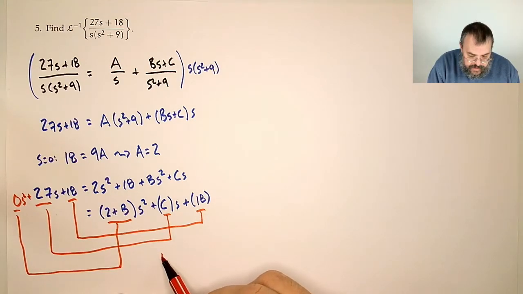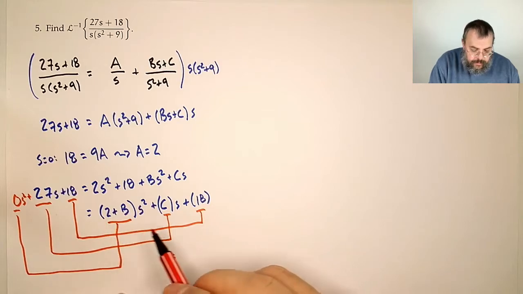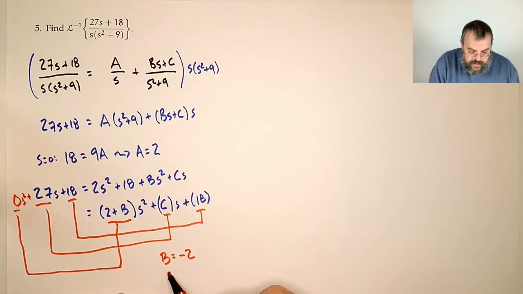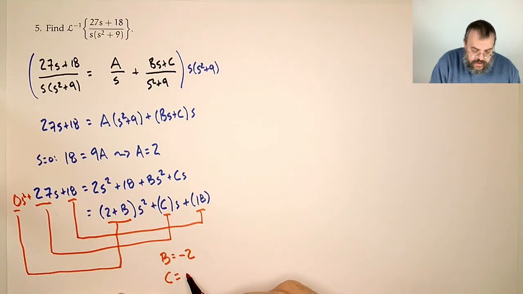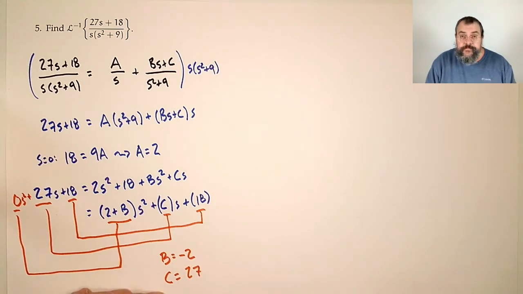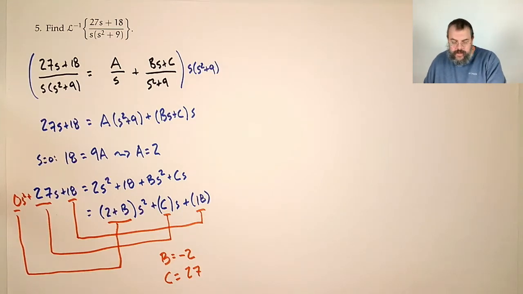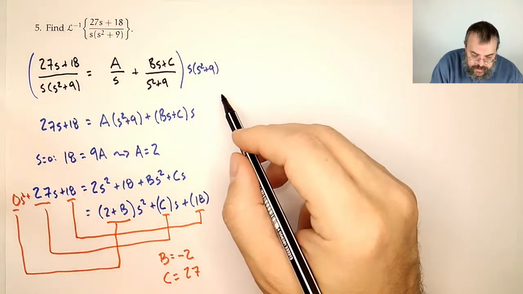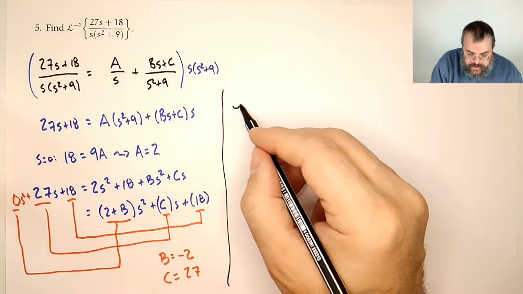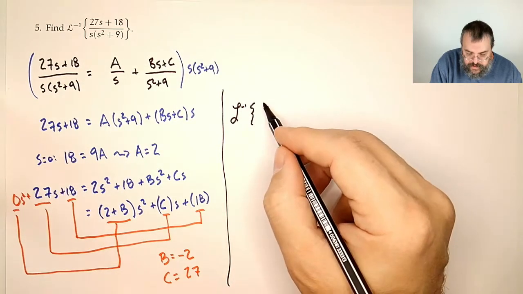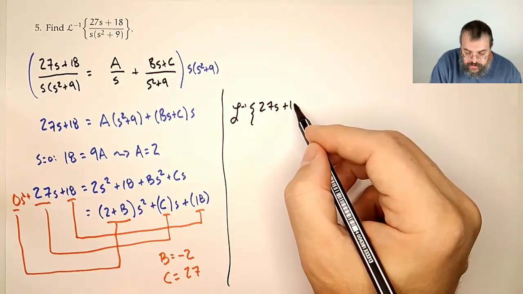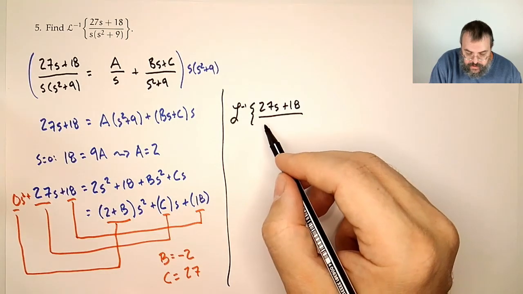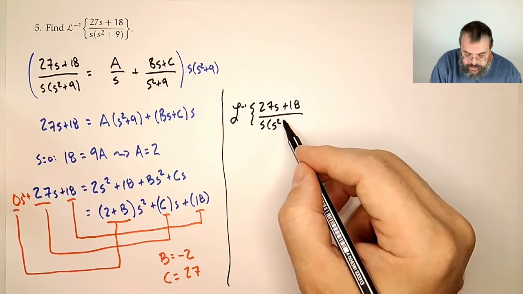We see, aha, b needs to be minus 2, and c needs to be 27. All right, so what do we have? Well, what we have now is the following. Let's just catch up: the inverse Laplace transform of what we started with, (27s plus 18) over s times (s squared plus 9),